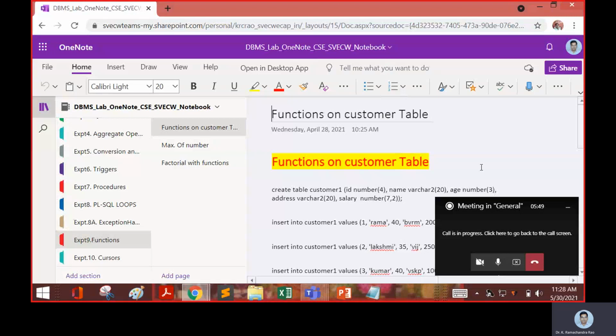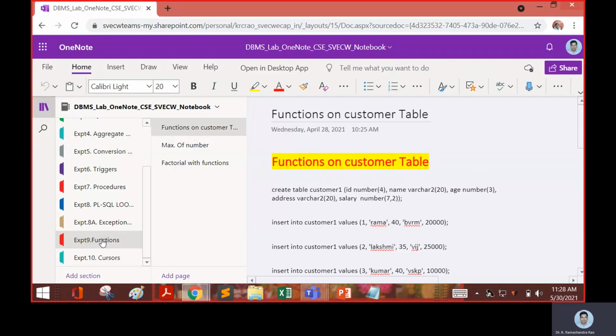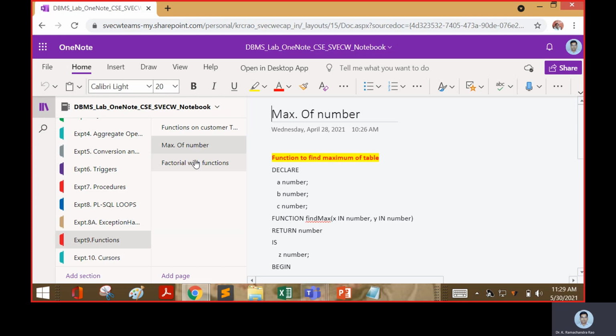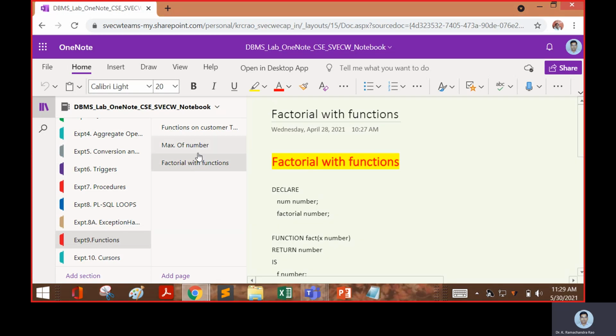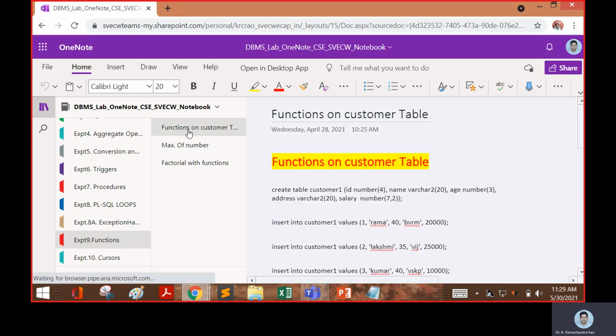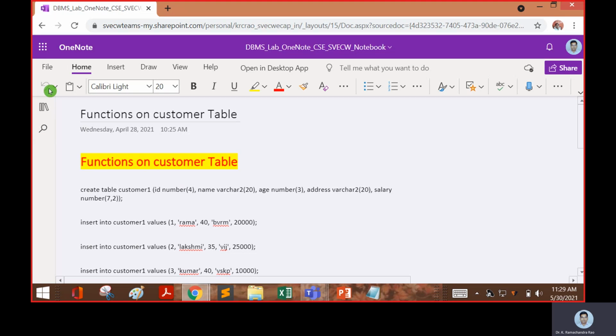DBMS lab. In this lab, today we will focus on experiment number 9, which is regarding function operations over a table, and similarly to compute functions in PL/SQL, to find the maximum of a number and to find the factorial of a number, etc. So in this regard, what we will